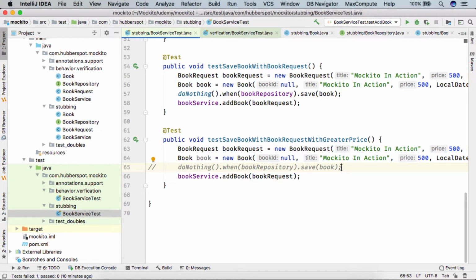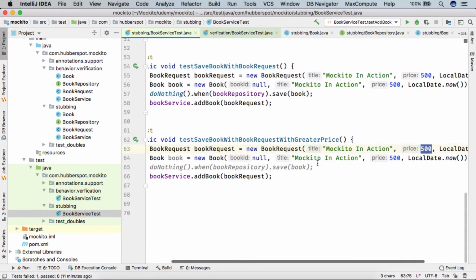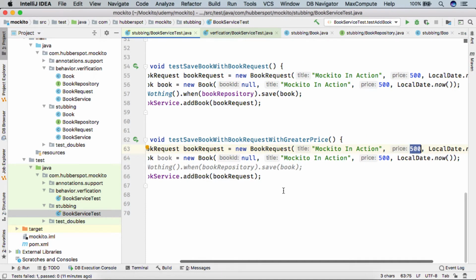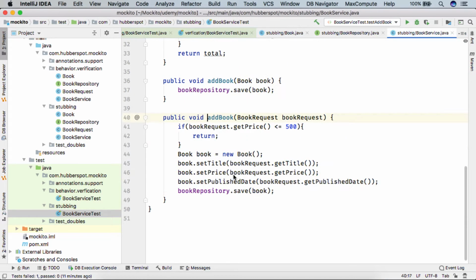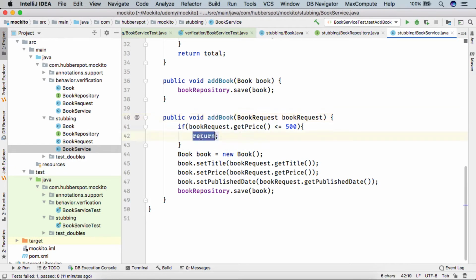Now friends, here you can see that there is one problem. The price of book is 500, and here we are calling this add book method with the book request. So when this method is called, we will simply be returning from this method.